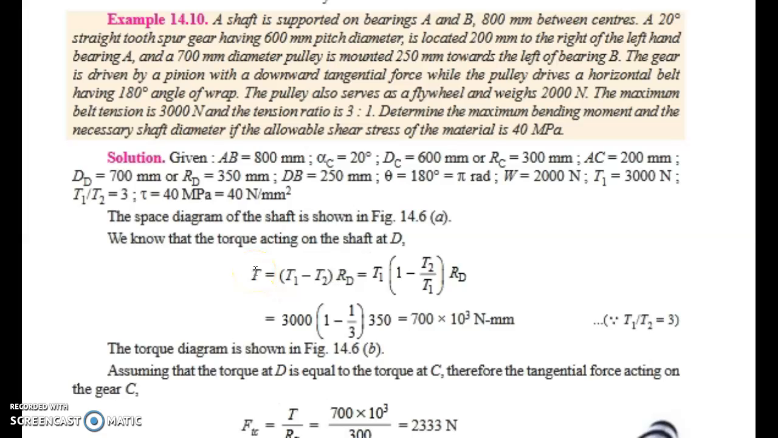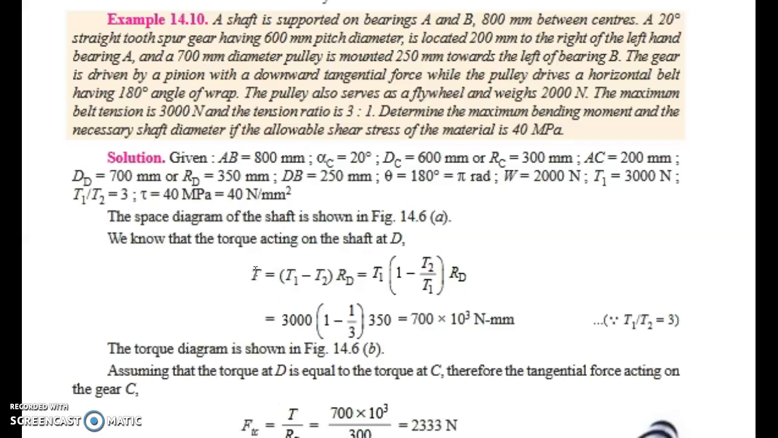Hi everyone. This is another question for shaft. I can read the question. A shaft is supported on bearings A and B, 800 mm between centers. A 20-degree straight tooth spur gear having 600 mm pitch diameter is located 200 mm to the right of the left-hand bearing A,